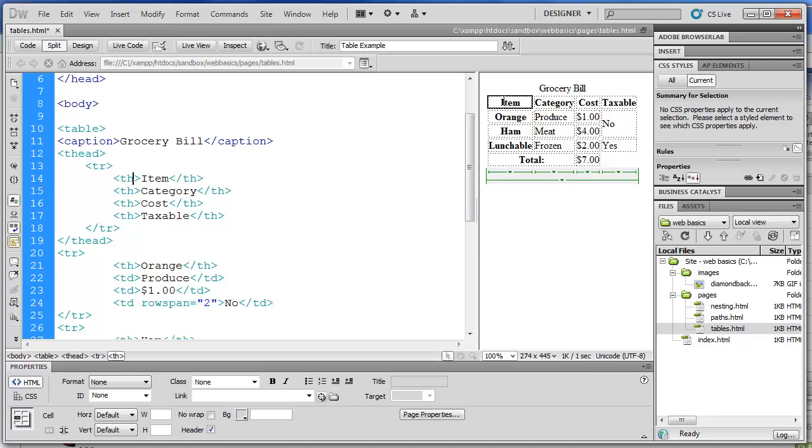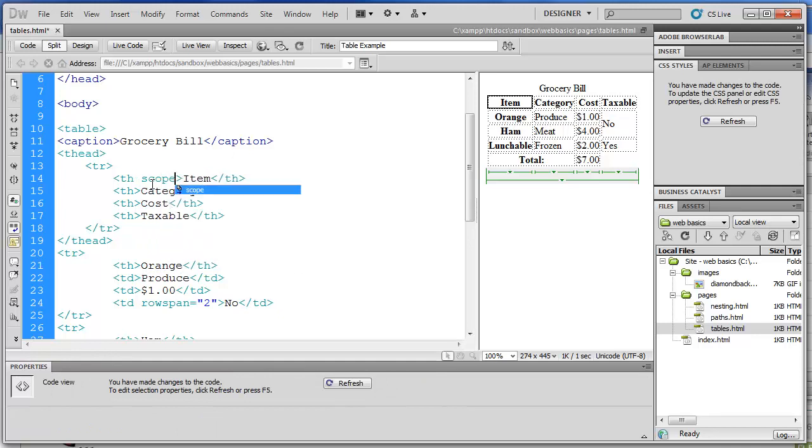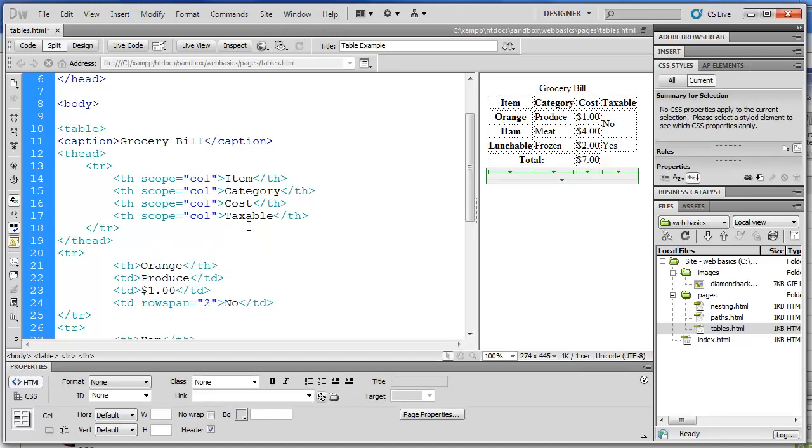So for this first row, each one of these headings, the scope of them is column. They are headings for a column. So we're going to say scope equals, and the COL is the value for that. So let's copy this and we'll just paste it. Here we go. Right? And again, it doesn't change the way it looks in any way, but we're using HTML